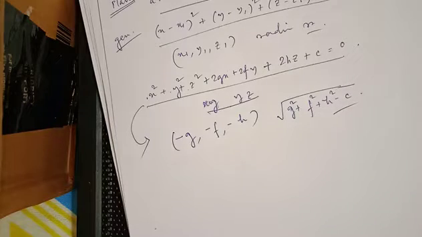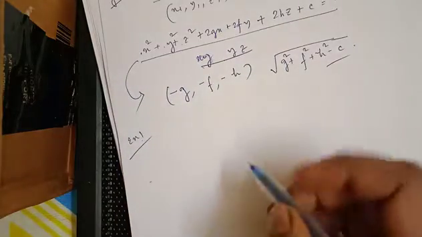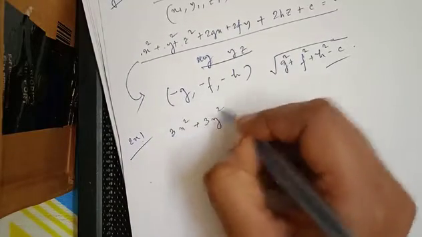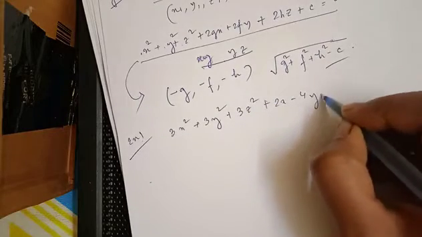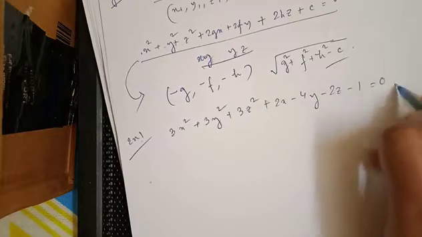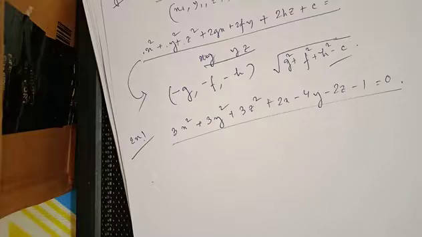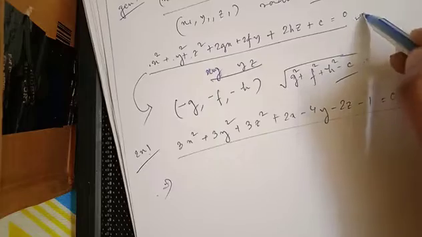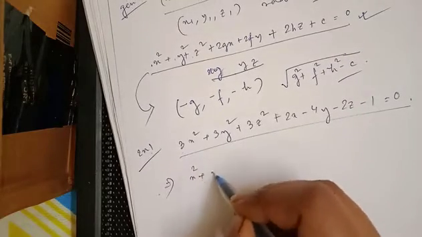Okay. Now let's solve one example. Find the center and the radius of the sphere 3x square plus 3y square plus 3z square plus 2x minus 4y minus 2z minus 1 equals to 0. This is the equation of a sphere. We need to find out its center and radius. So what we are doing, we need to make it in this standard form. So that's why we are taking common 3. So it will become